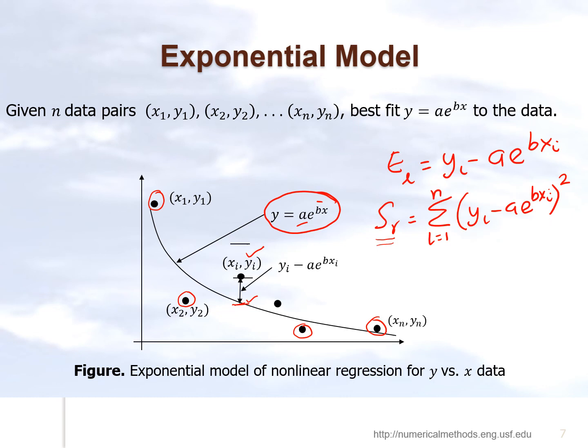What do we want to do now? We want to minimize with respect to a, and we want to minimize with respect to b, so that we can find out what these constants a and b are. And that's something which we'll do in the next lesson. And that is, of course, the end of this segment.